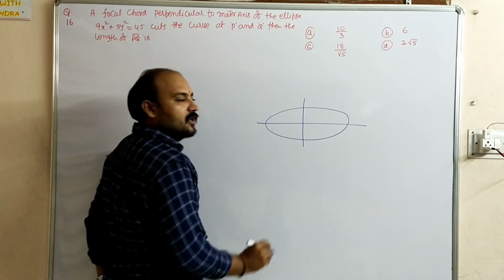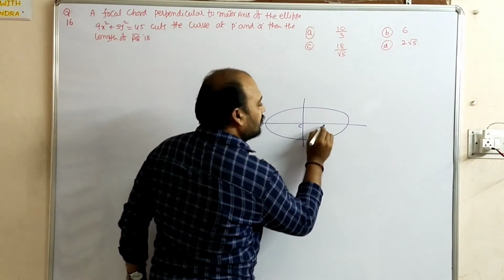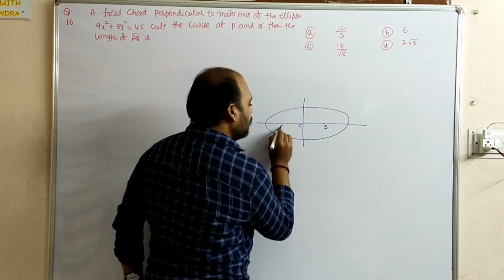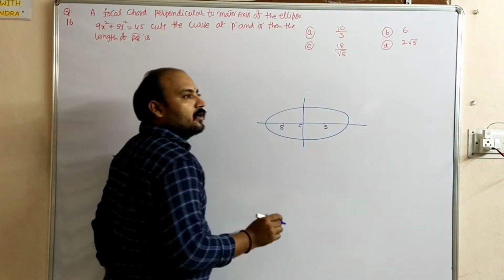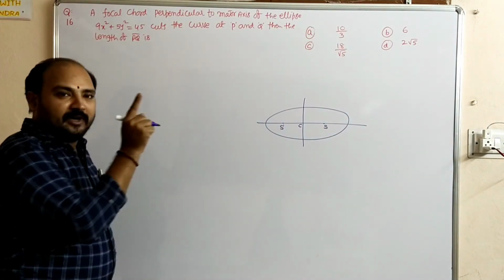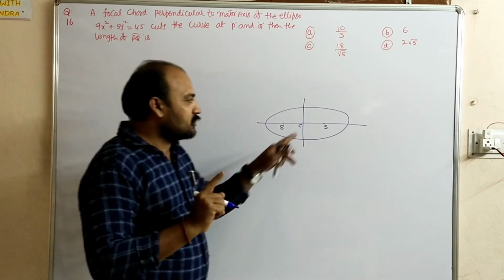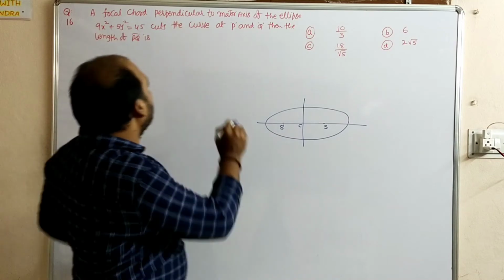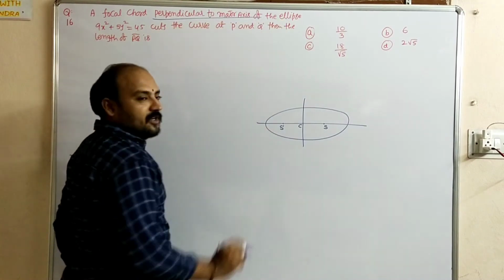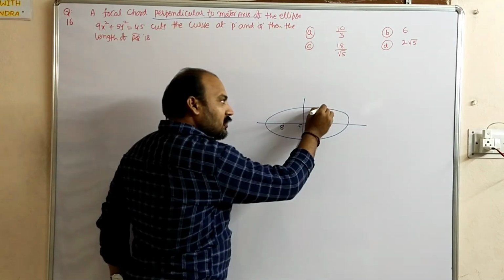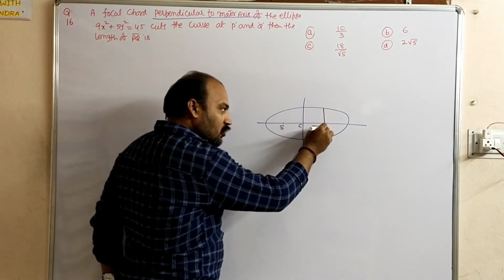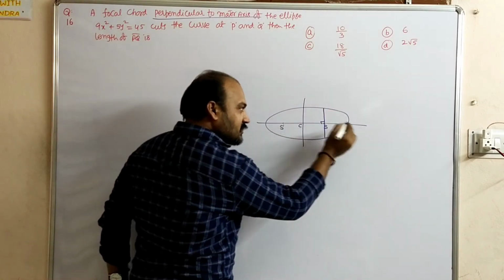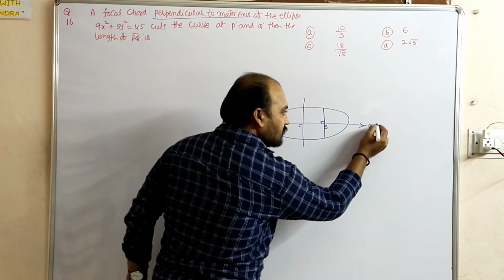This is the ellipse curve. S, S dash. The focal chord they mentioned means the chord passing through the focus, either this or this, which is perpendicular to the major axis, clearly. So the line which is passing through the focus and perpendicular to the major axis is called the latus rectum axis,